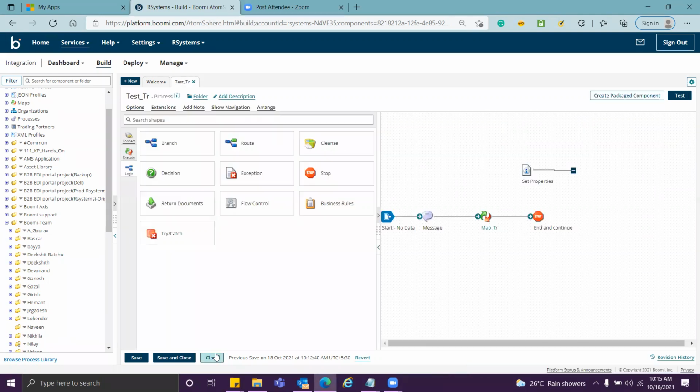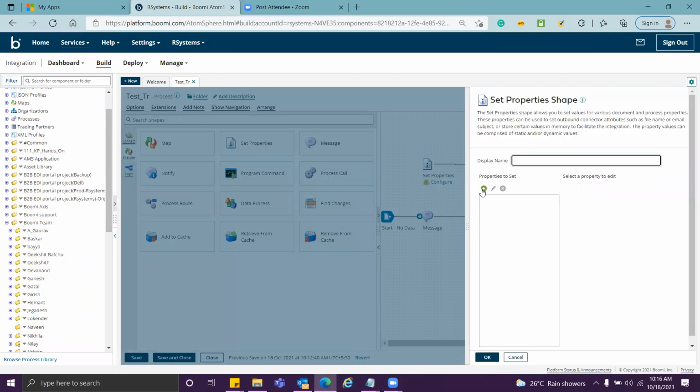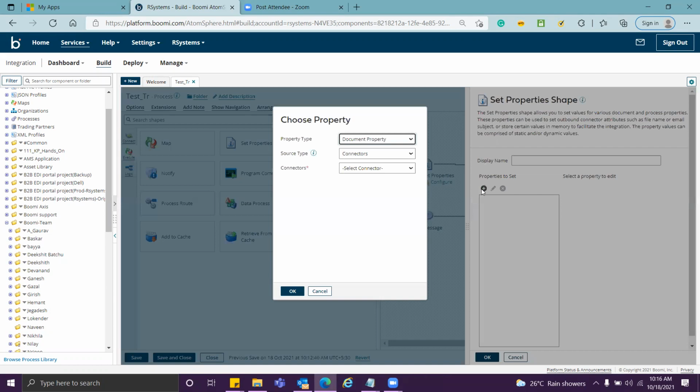Then going forward, what we have to learn today is how to set dynamic process properties and how to use them within a process, or where all we can retrieve them. So suppose I have this process, and I have a set property shape, and I want to set a dynamic process property.